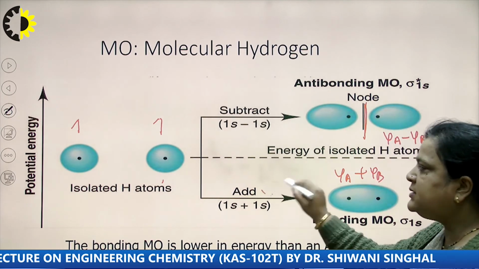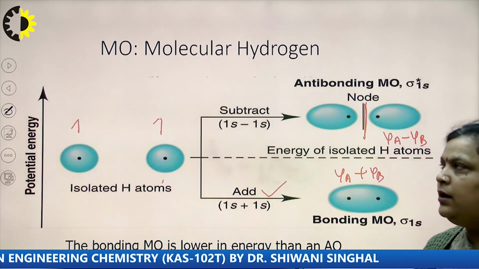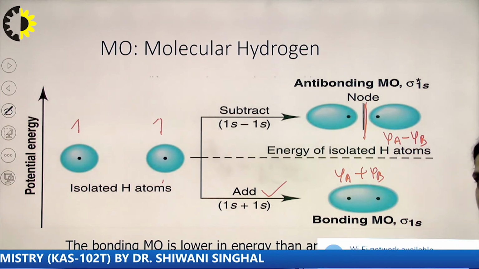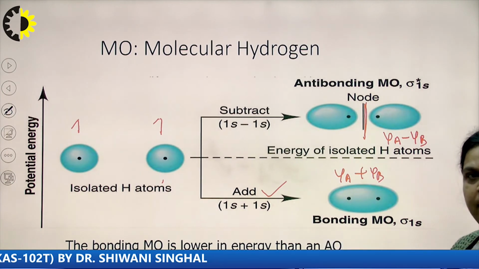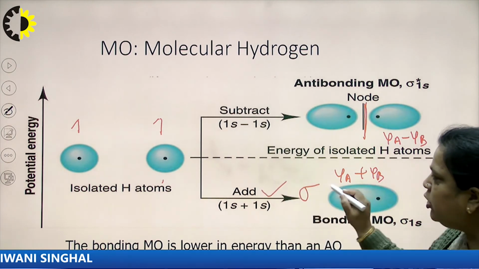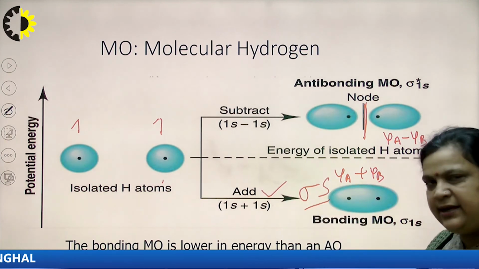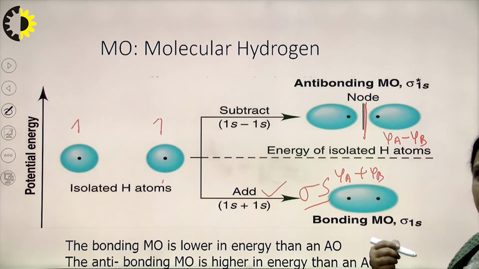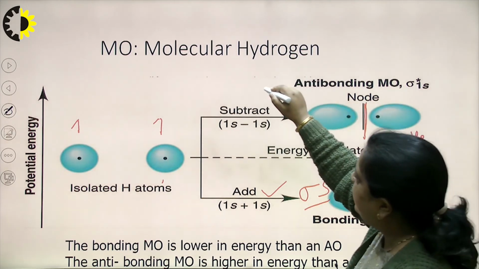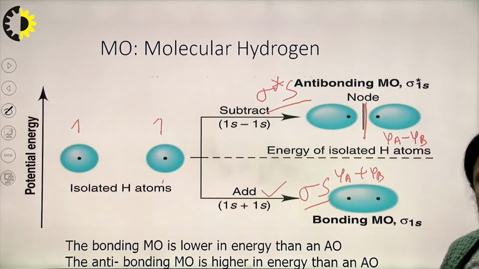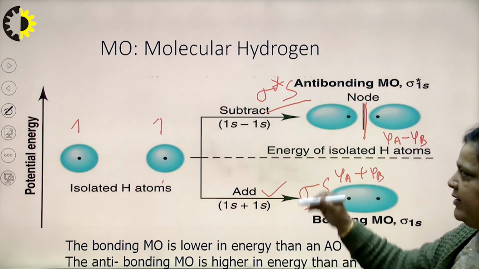So, first we can say additive overlapping or subtractive overlapping. When additive overlapping occurs, it means a bonding molecular orbital is formed. We can represent it as psi, and since it is an s orbital, we write psi s. If it is 1s, then psi 1s or psi 2s and so on. In subtractive overlapping, since they repel each other, an anti-bonding orbital is formed. Anti-bonding means psi star, so psi star s.